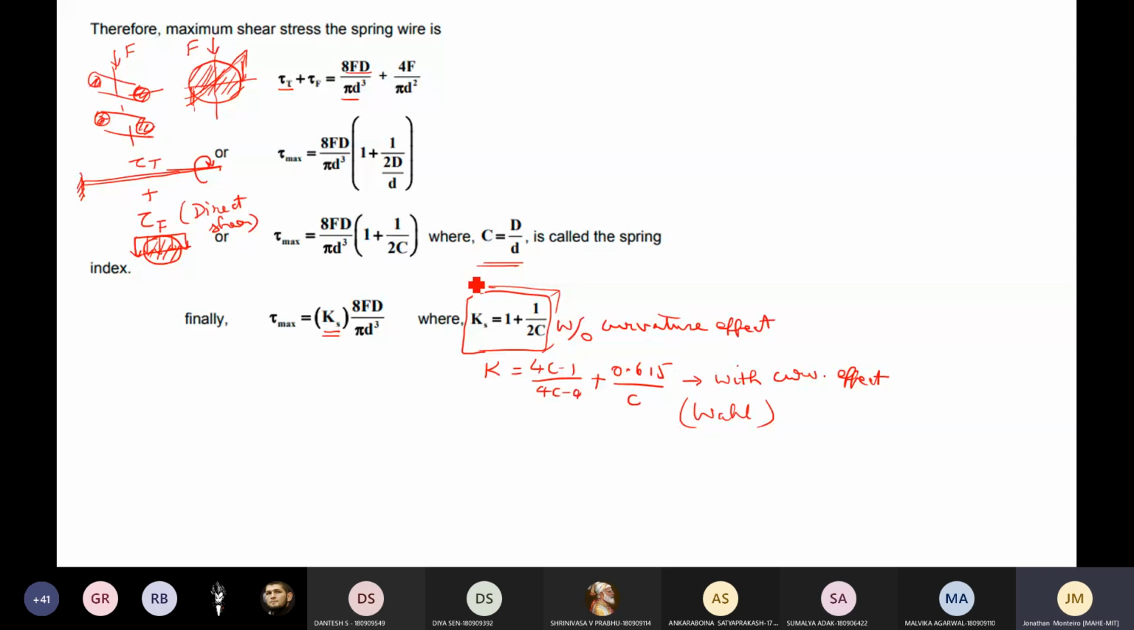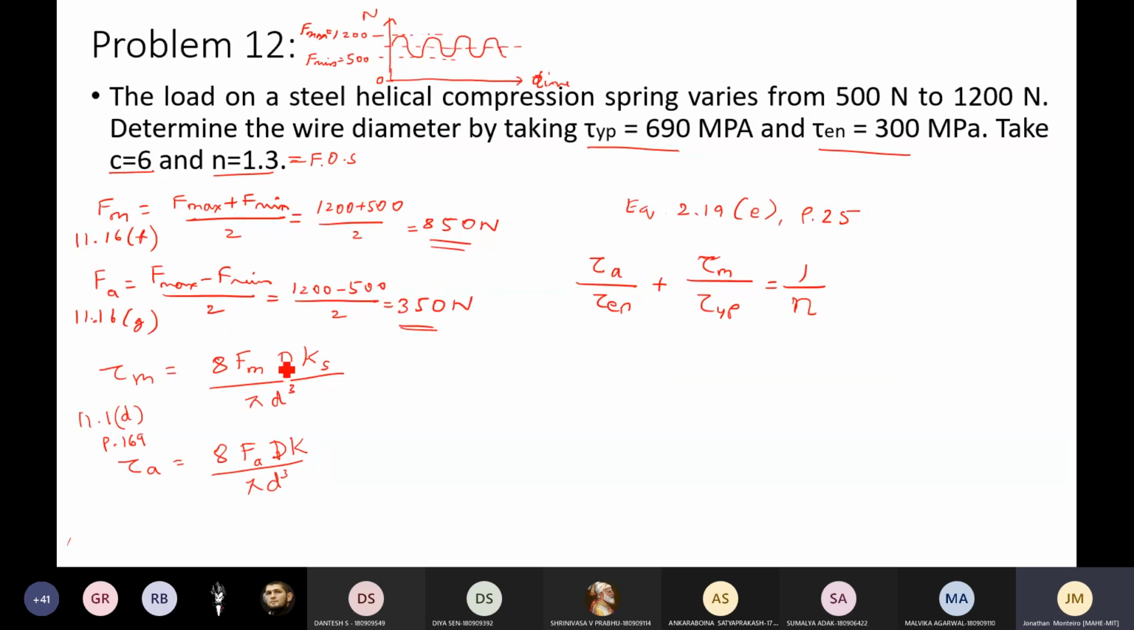And this is a normal thing: if we are not considering the curvature effect, about how the spring has been manufactured, we will go with 1 plus 1 by 2c. So in this problem, you have to use both. The reason being, this is K suffix S over here, and this is K over here. For the mean stress, we multiply it with a direct shear component, or you can say without curvature effect, and tau A is always multiplied with the wall stress correction factor, or the with curvature effect. So putting the values here,